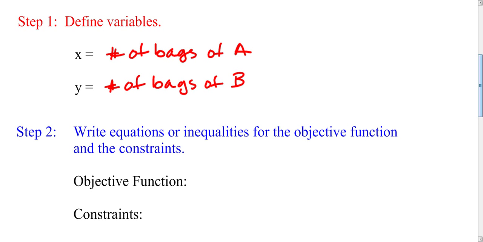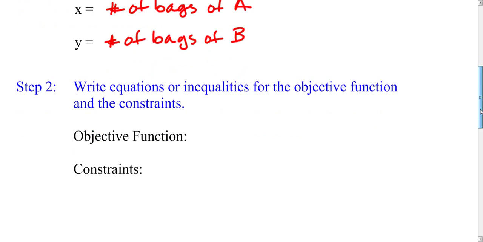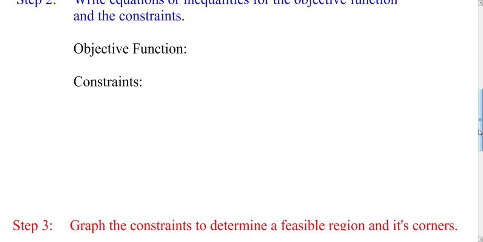Now, what they're trying to do is minimize their cost. That's your end goal here, and that's your objective function, your cost. It costs me $10 every time I buy a bag of brand A, so that is going to be 10x. It's going to cost me $5 every time I buy a brand B bag, which we call Y. That's my objective function. I am not going to do anything with it right now, but I'm just going to